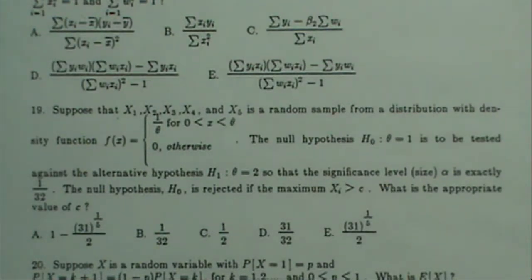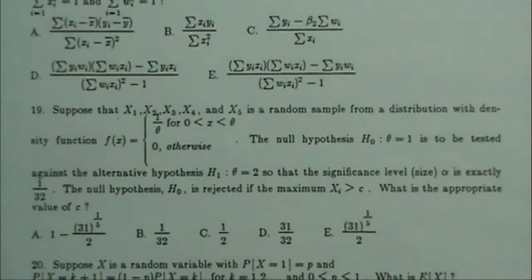Exam 4, question number 19. Suppose that x1 through x5 is a random sample from a distribution with density function f of x equal to 1 over theta, where x is between 0 and theta. The null hypothesis that theta is equal to 1 is to be tested against the alternative hypothesis that theta is